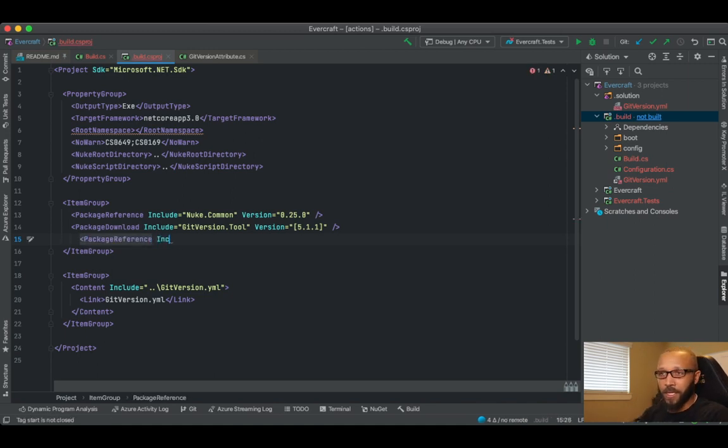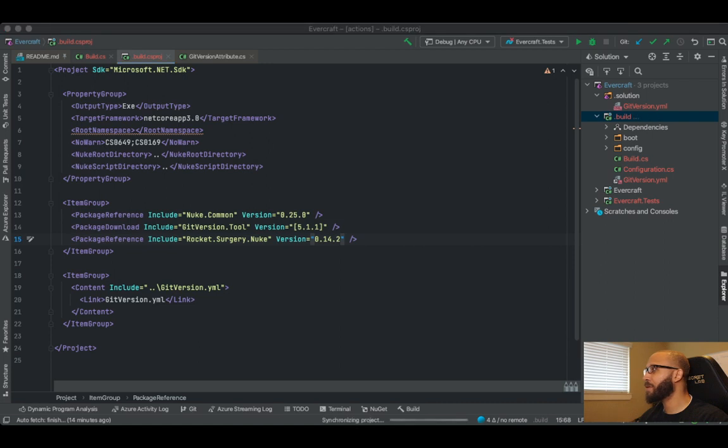Package reference includes rocket.surgery.nuke. Right. All right, and I think we're gonna need the version. I think the version that I want is gonna be like 14. 14 dot what? Oh, I have to think about this because there's a specific version that works. Oh no, I'm sorry, 0.14, 0.14.2. I think is the last one that works on